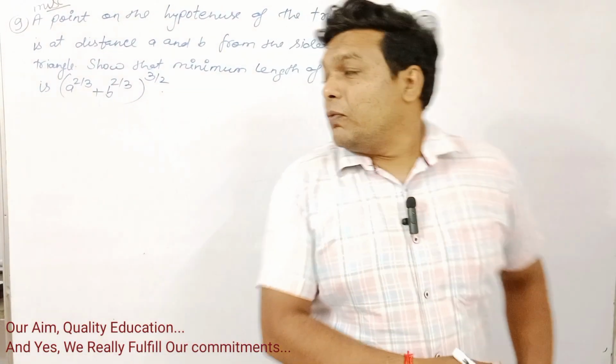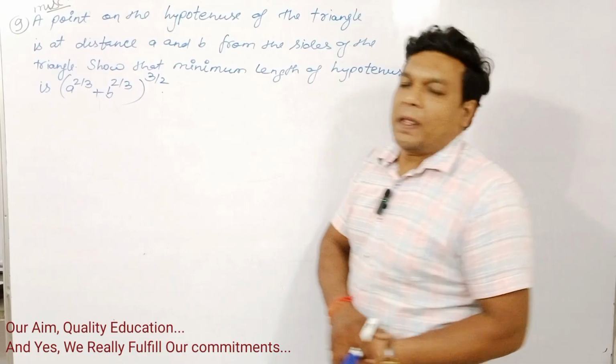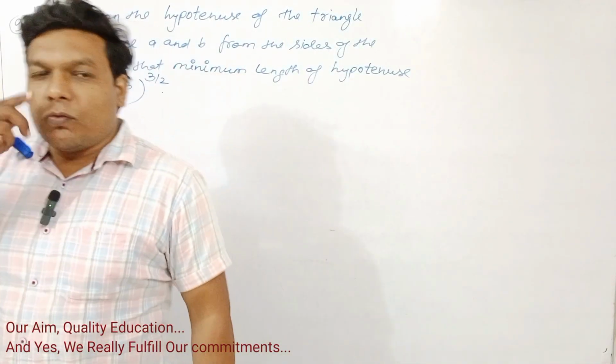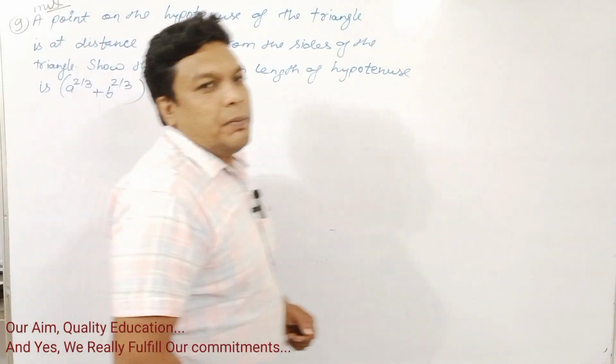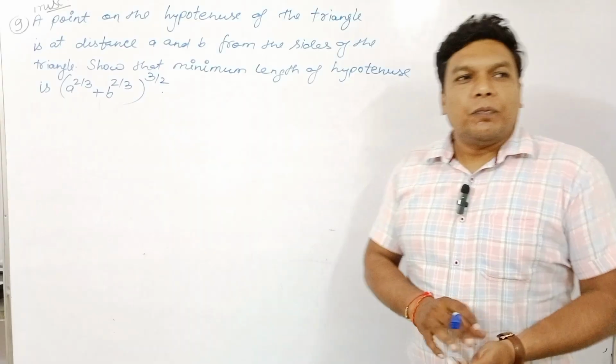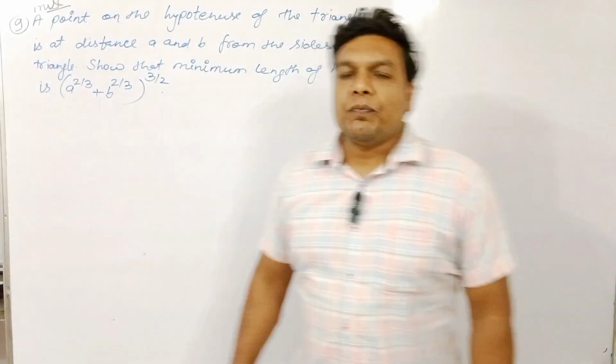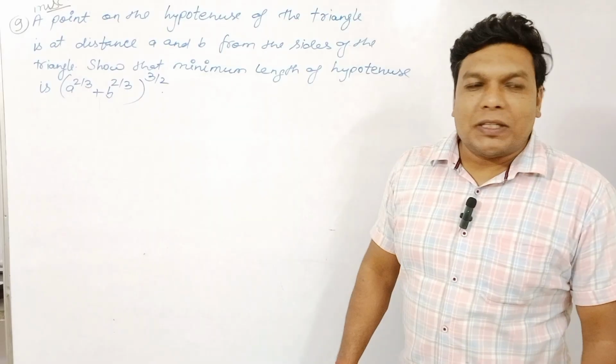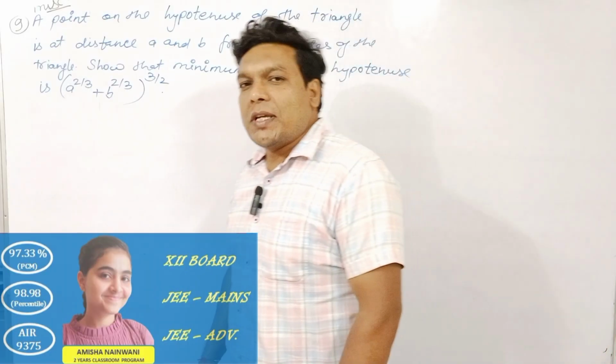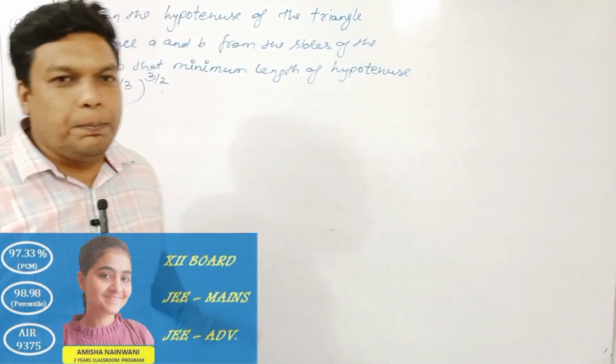Okay, let's discuss one more question on maxima and minima. Again, very important question from the exam point of view. Question number 9 of miscellaneous from application of derivatives. What is the question? A point on the hypotenuse of the triangle is at a distance small a and small b